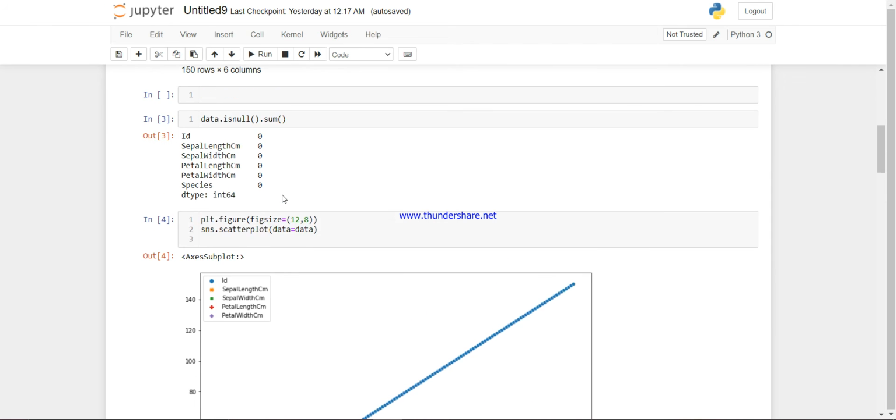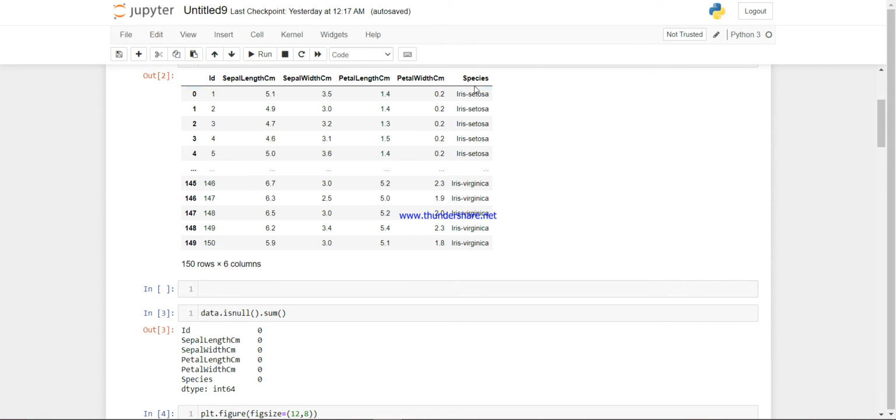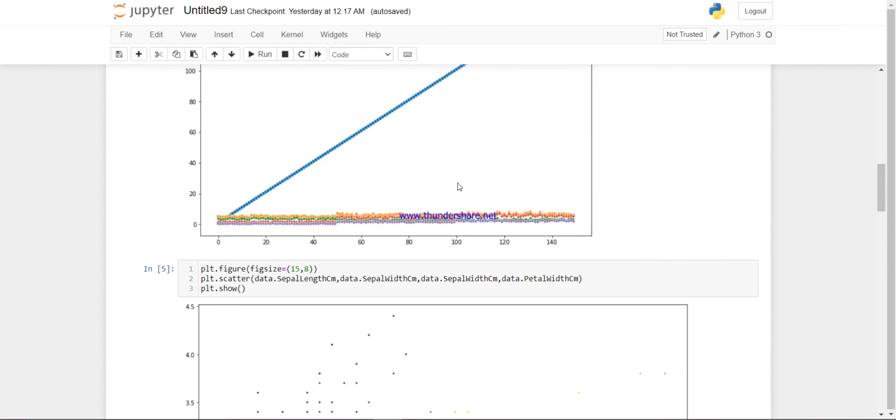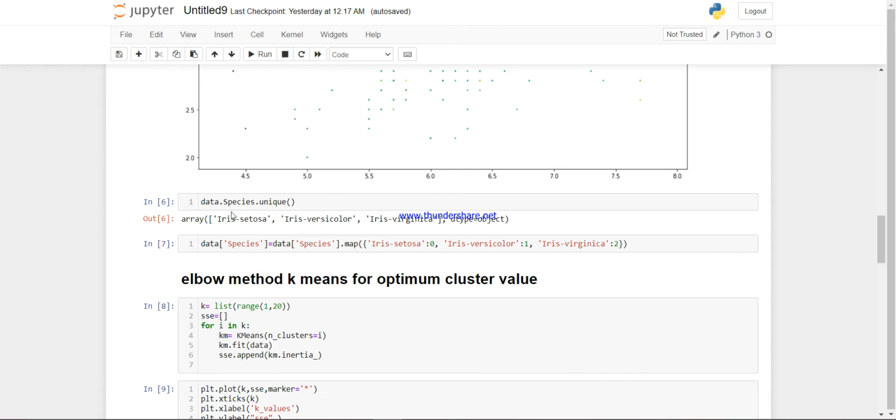First we have to convert the species column, which is of object type. So we checked the unique values of species, which are arrays like setosa and so on. This is our object type, then we convert it to integer. For setosa equal to 1, we map this condition, then this equal to 2 and this equal to 3. Oh sorry, this equal to 0, 1 and 2.